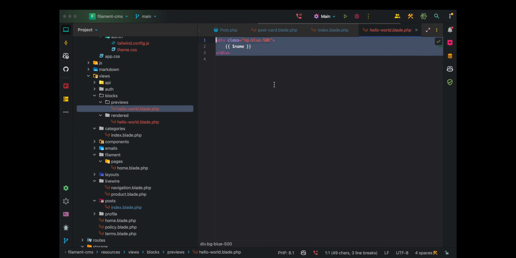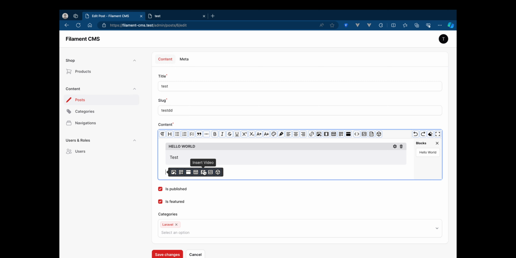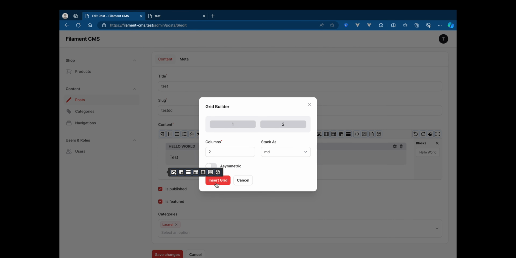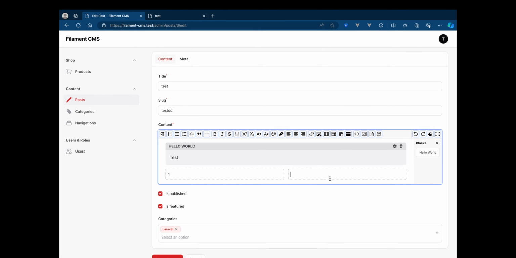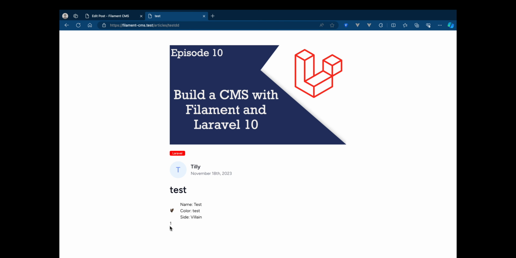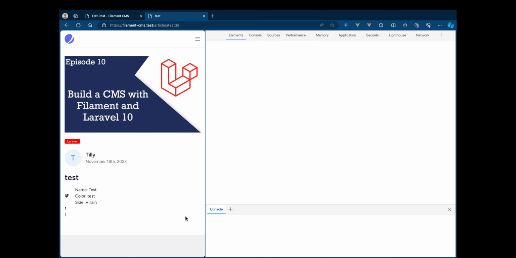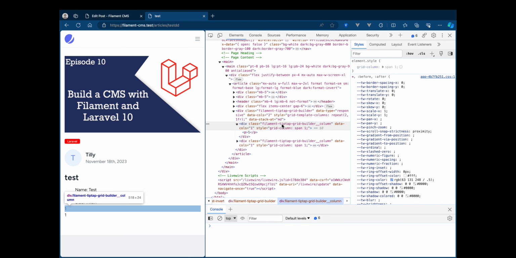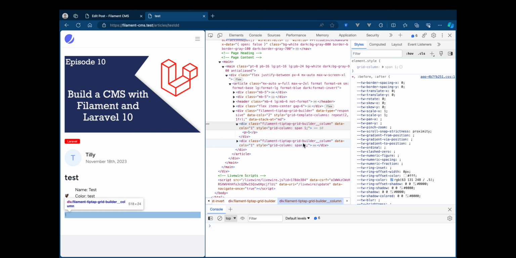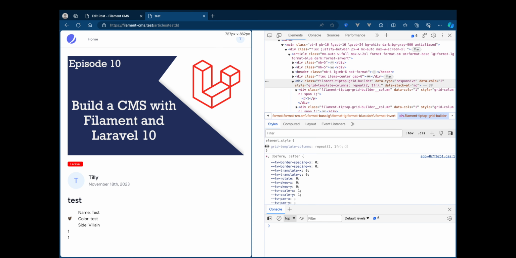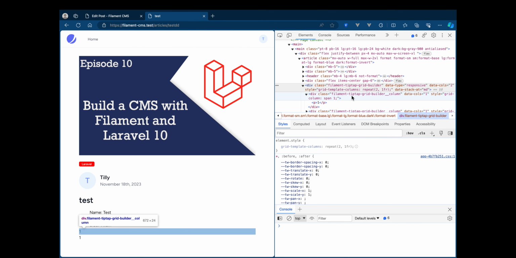Obviously, we may want to display this differently, but you can see we can also, underneath here, for example, insert, let's say, a grid builder if we want to. We can say one, and then we can say one here. Let's save that. So now, as you can see in here, we have this Filament TipTap grid builder. And obviously this may not work depending on the styling you have chosen to go with. Like in this case where you can clearly see that we have